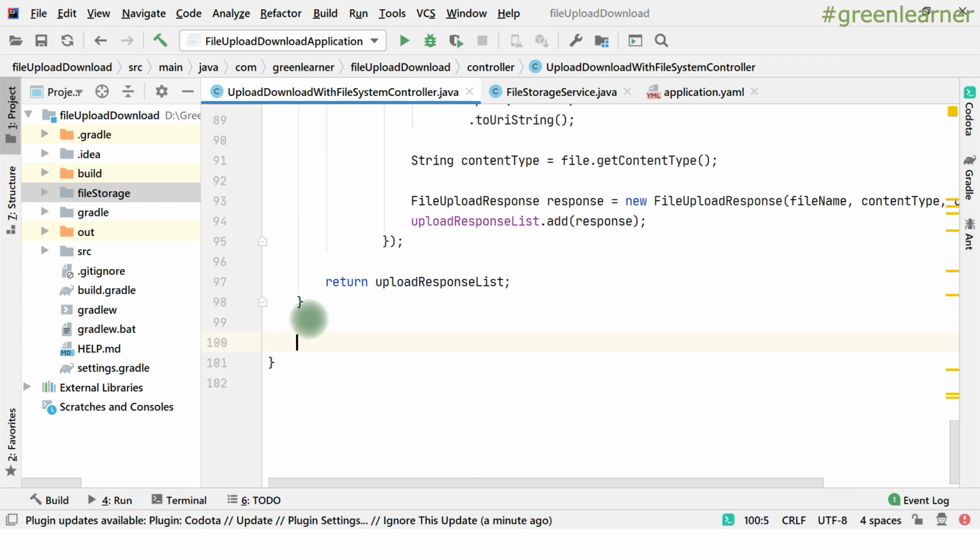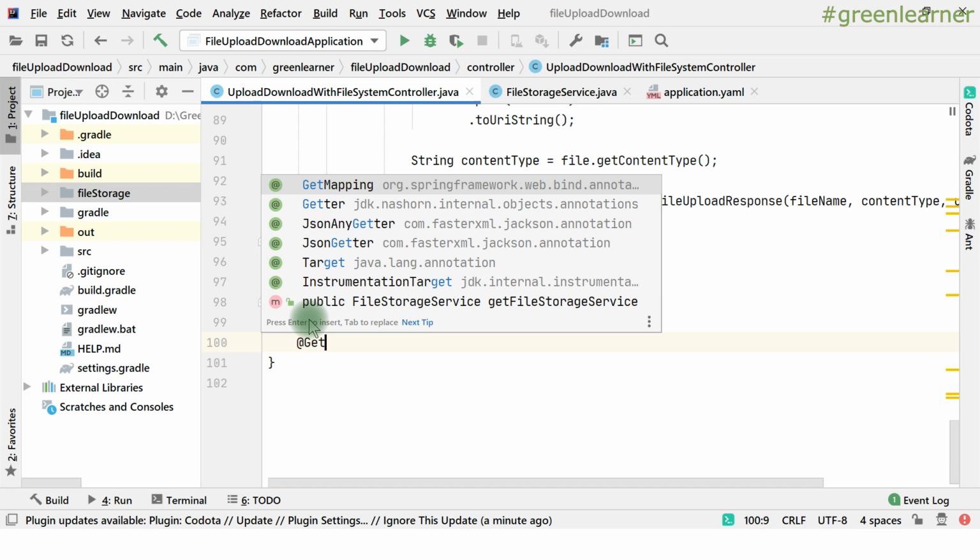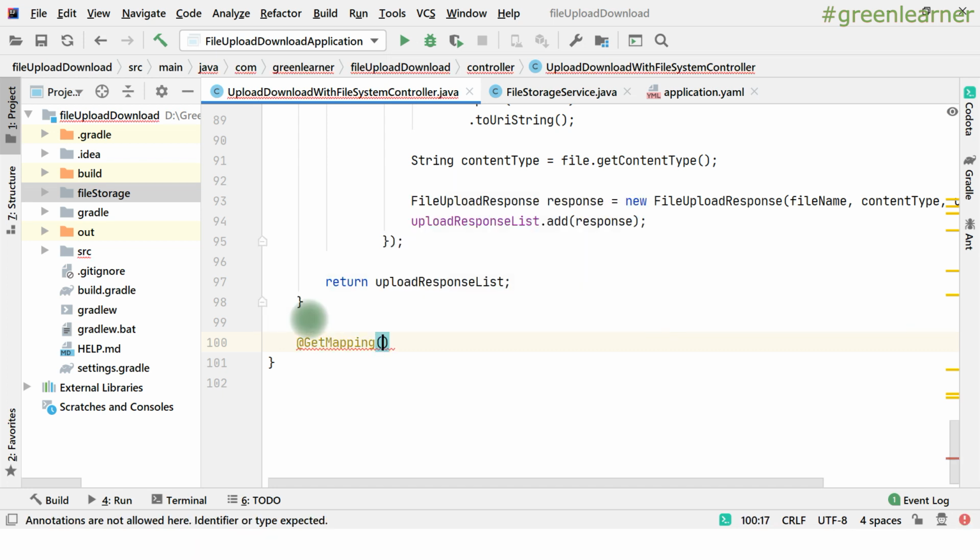What will be the request type? Get mapping. We will call it zip download, right? Let's say zip download. Void, because the user wants to download the file, so we do not want to give any specific response.